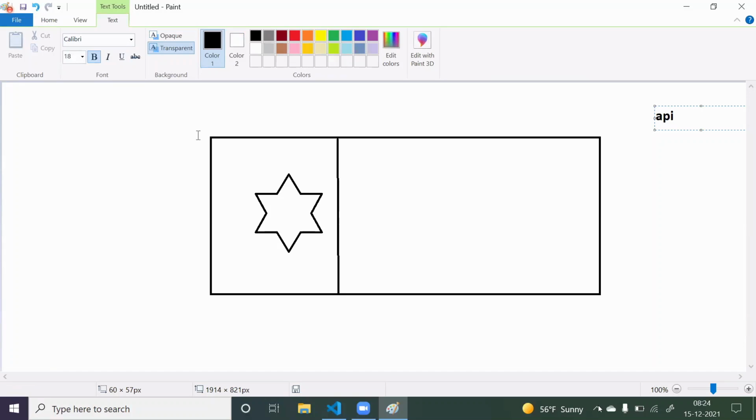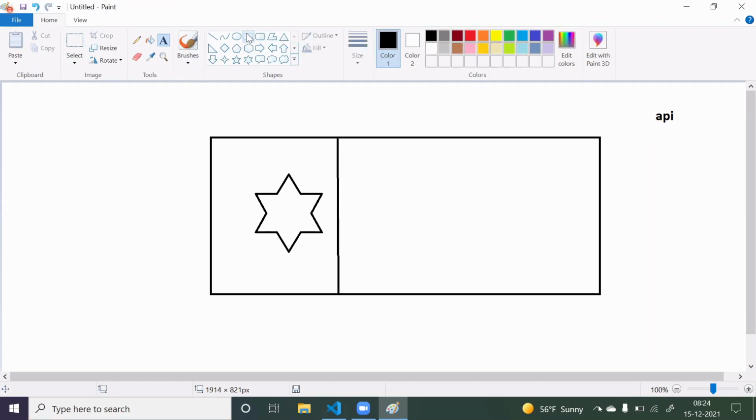Whenever my component loads, that time only I should be able to see this particular card. Now here I can have one button. If I click on that, then this data should get changed. If I click on this particular button, then this entire data should get changed. This entire data will come from the API. Okay.